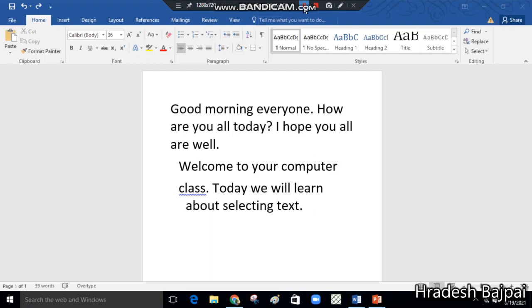Okay, now I have maximized the MS Word window to show you how to insert text in the document. Inserting text means after writing the text, if you want to add text in between, at the beginning, or at the end, that is called inserting the text. So how to insert text? We have two ways. We can insert text by using insert mode and using overtype mode. So what is the difference between these two?